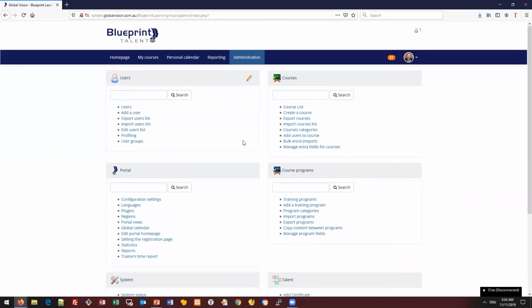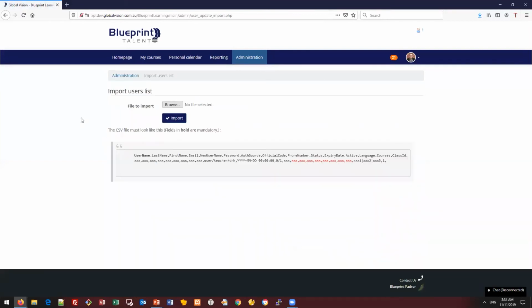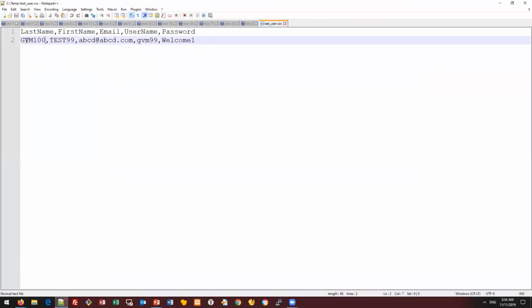Going back to the administration screen, the next in the list is Edit Users List. Click on that. What the Edit Users List does is it allows us to import users in bulk, but this time for updating the users instead of creation. So let's open up that CSV file that we used to create the new user and make some changes. Instead of the last name being GVM100, I will make it GVM99, save it,